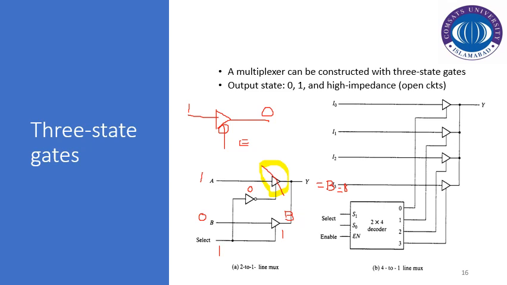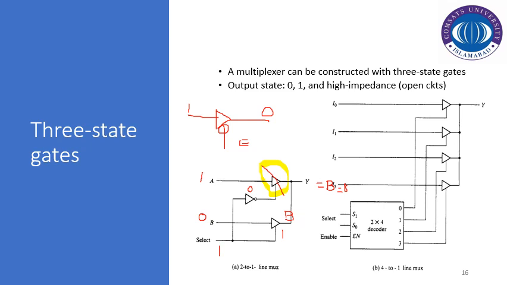Now the next example is a 4 cross 1 multiplexer implementation using tri-state gates and decoders. The number of tri-state gates we are using is 4, because each gate represents a single user. So we have 4 users, I0, I1, I2 and I3, and 4 tri-state gates. Now we have to see the logic, because in a 4 user multiplexer that has 2 select lines, we need a mechanism that decodes those 2 select lines into these 4 enable lines, depending upon the value of the select lines. So let us try to run this.